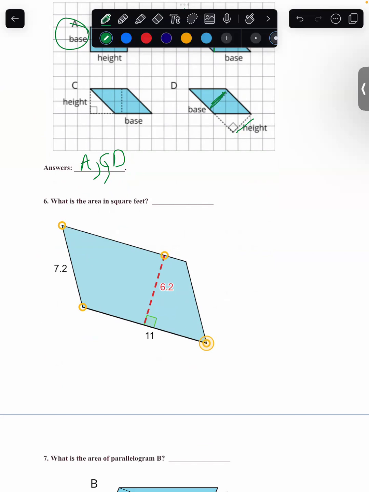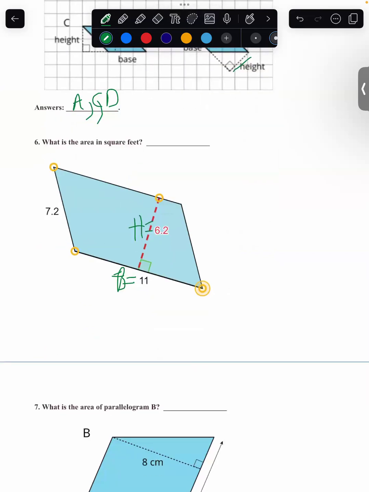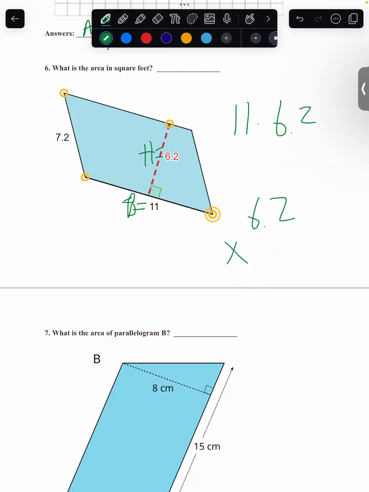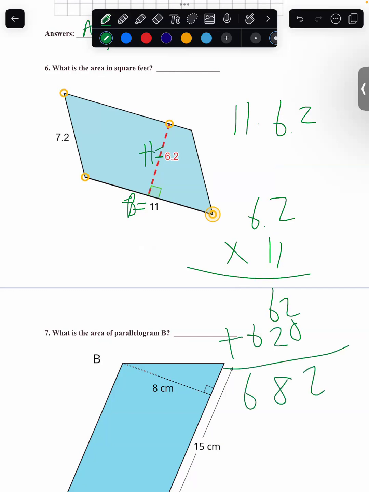Okay, now on to one that's a bit harder here. So we have area in square feet here. This is the base, right? And then this is the height. All right, so then 11 times 6.2. So we need to multiply that out. Actually, I want to put 6.2 on the top because then I just have 2 rows with 1, which is easier because there's 62 and then 62 again. You add them up and you get 682. 1 decimal place in the problem, so 1 in the answer. All right, so then this would be 68.2